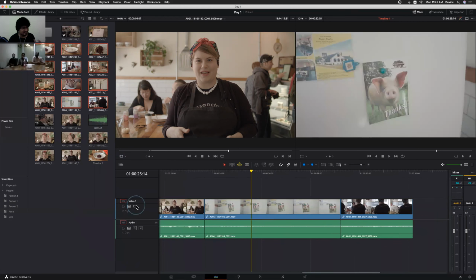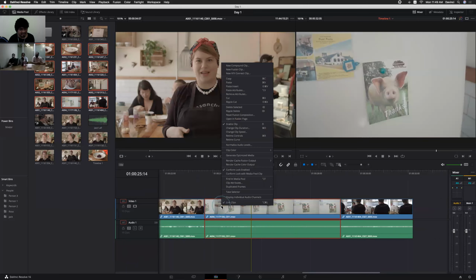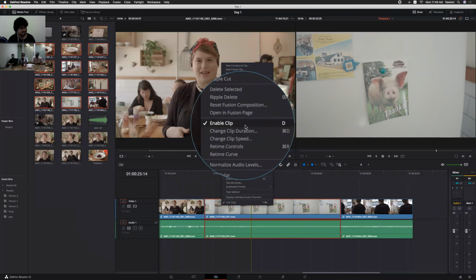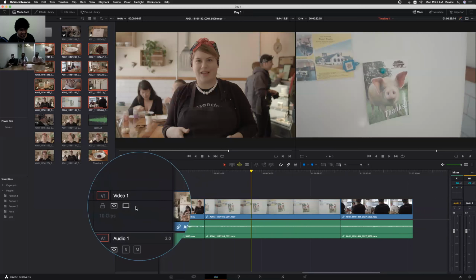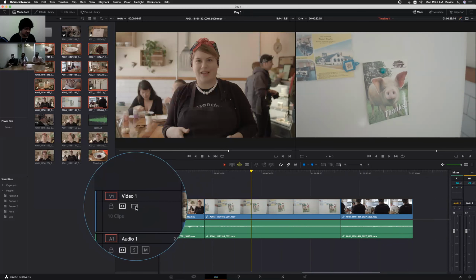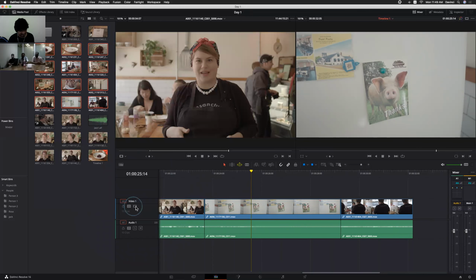Okay. And for a single clip, if you want to enable or disable, it's a simple option. By clicking D, you can enable or disable the option. Okay, right click. And if you want to disable the entire track, you can use this option. Okay, auto selection. By default, it will create one audio and one video track while creating a timeline.